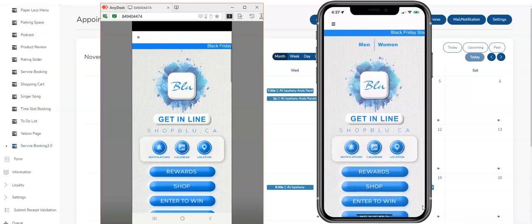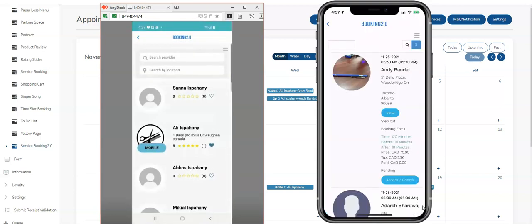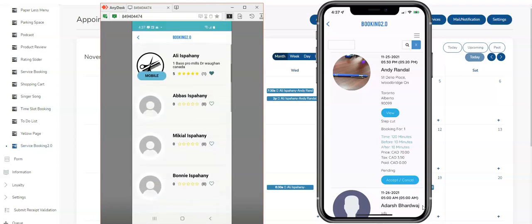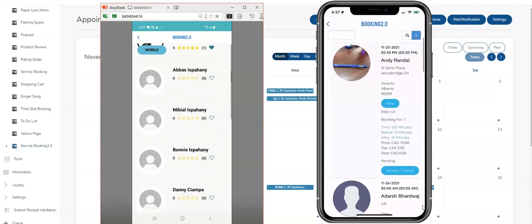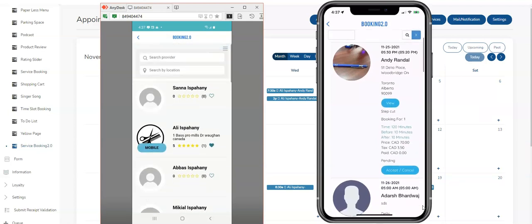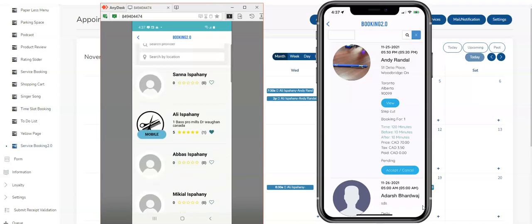The device on the right has the staff view, and the device on the left is going to show the customer view. So I'm going to click on the buttons that I've hidden this under. Here you can see I can browse through all the different service providers. Let's say you are a salon, you can have all of your providers listed here. And if you also set up an app, service providers could actually be listed in the app, even independent service providers. That's something we'll get to a little bit later,